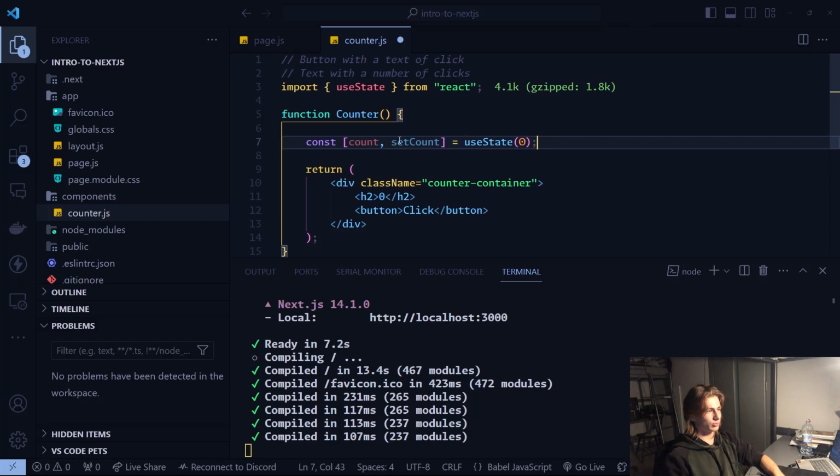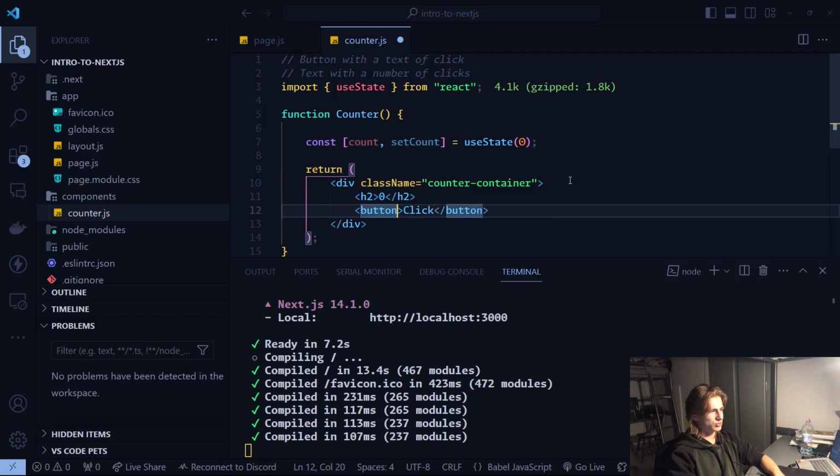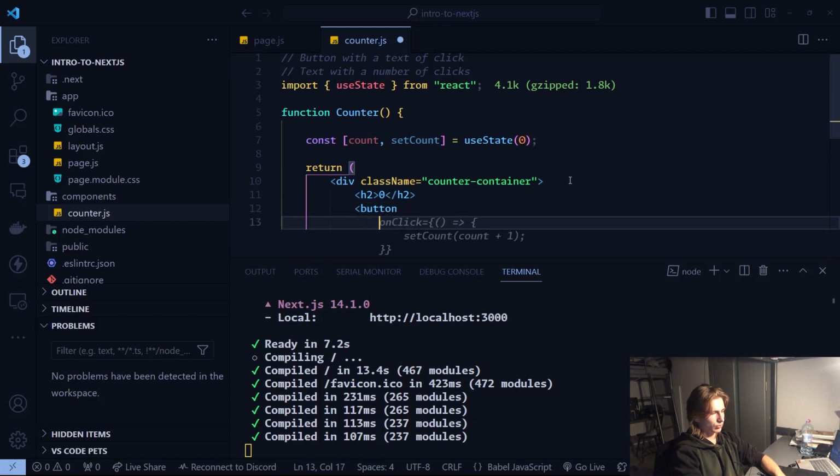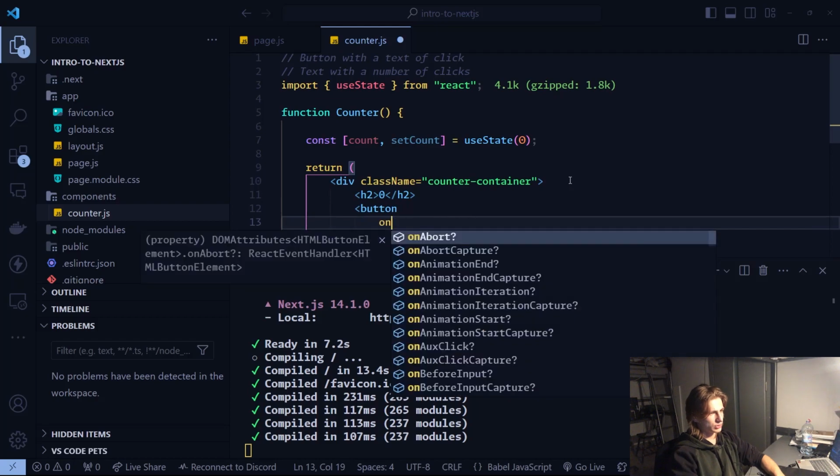So basically like a type of React variables. So here we are creating a count variable and also a setCount variable that is bound to the count variable. And we make it equal to useState, and the default value of that count will be 0. So now, if we want to increment the count on each button click, we will need to call an onClick function,